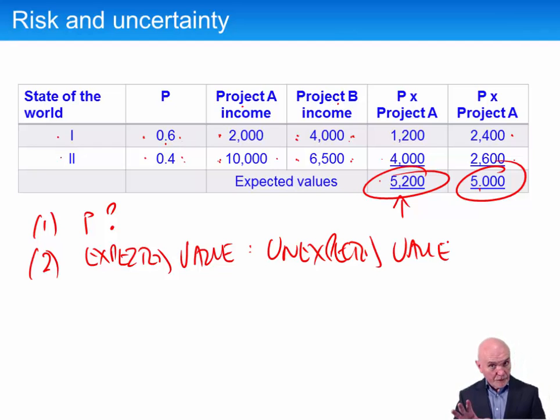Now that's for once-off projects. If you're repeating the experiment many times, like it's monthly sales, weekly sales, daily sales, then the expected value will settle down to be the average. But on a once-off project, or Project A, we're either going to get that or that. If we actually expected 5,200, it should be in these outcomes somewhere. So here we're making decisions based on two figures which are not actually expected. So there must be some doubt over the quality of the decisions we're making.